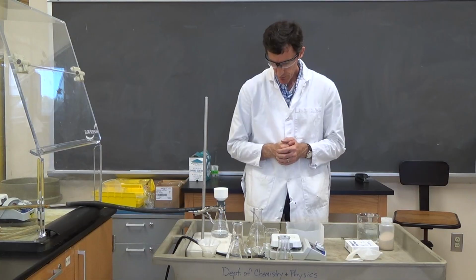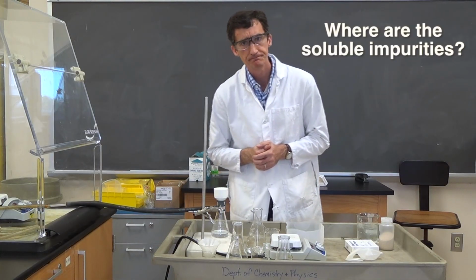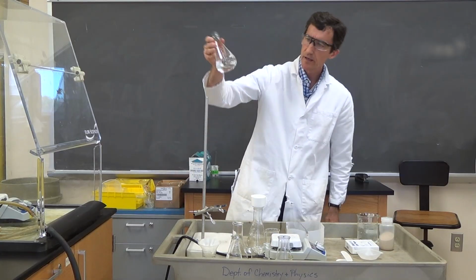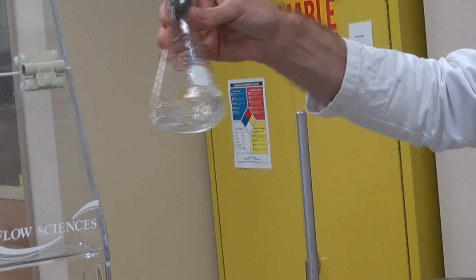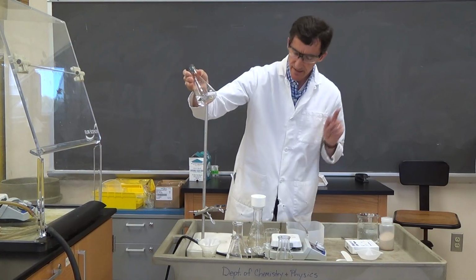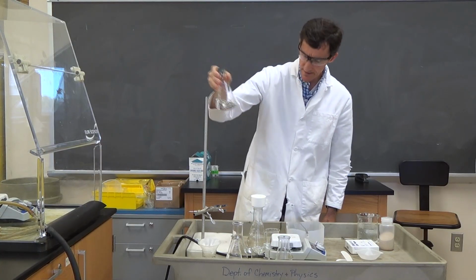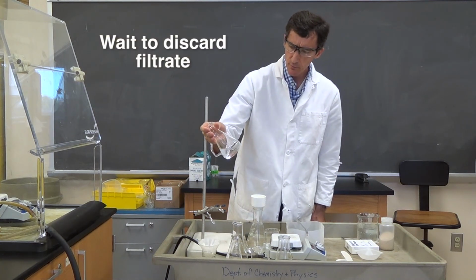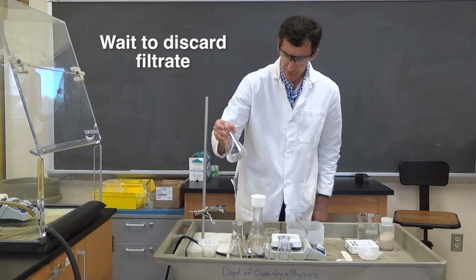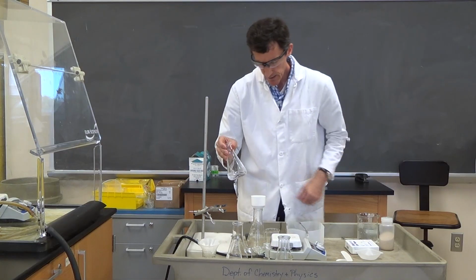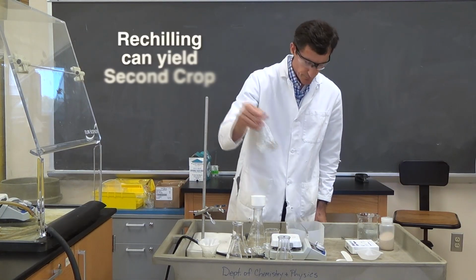So, at this point, where's our sugar? Our soluble impurity. Hopefully the sugar is in our filtrate and it will never precipitate out, in the ideal case. At this point, your filtrate is eventually going to be discarded into the appropriate waste container, but you do have to be careful. Never discard a filtrate until you're sure you've got what you want here, suitable amount. Sometimes this can be rechilled